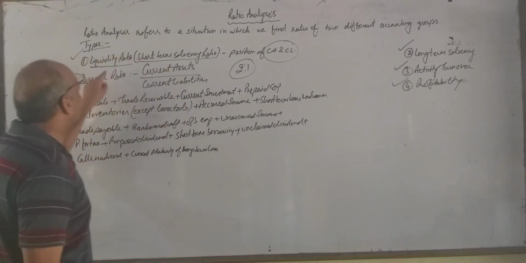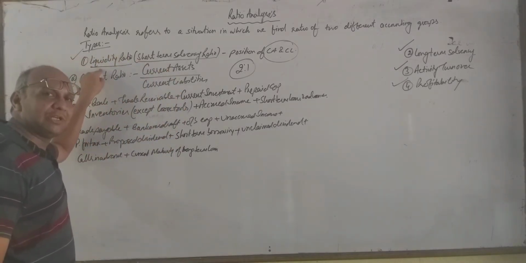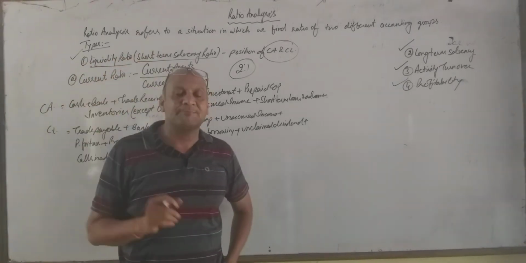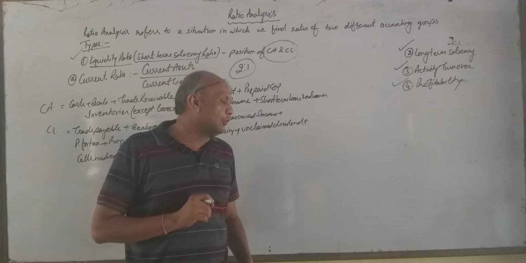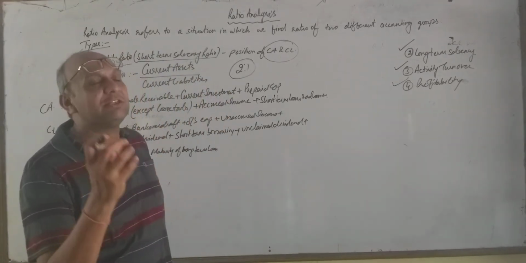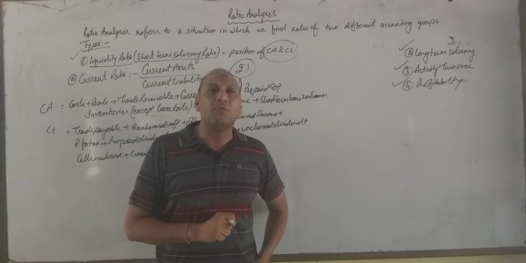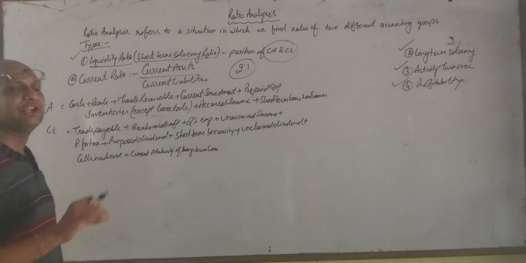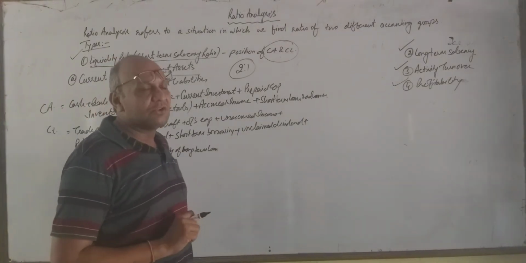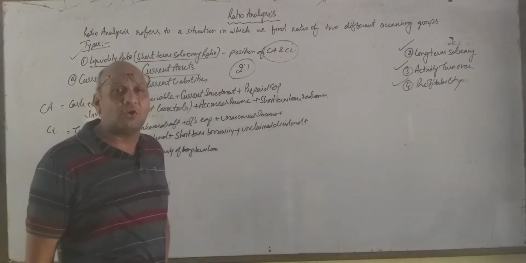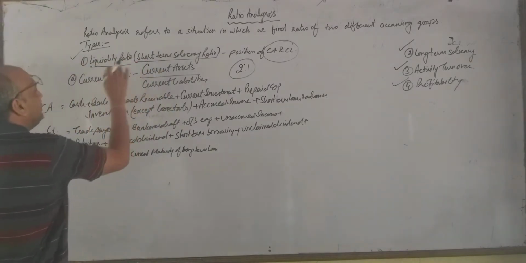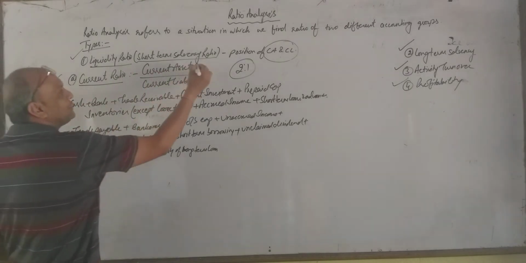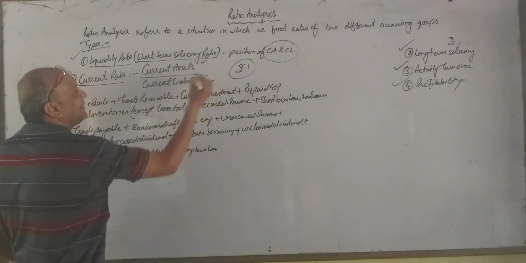That's why liquidity ratios are calculated. Liquidity is a very important factor for each and every business. If our liquidity is not good, it means if our cash position, bank balance position is not good, we won't be able to pay all our current liabilities within time, and it will spoil our image in the market. So this ratio will tell us what is the position of our company. So in liquidity ratio, the first ratio is current ratio. The formula for current ratio is current assets upon current liabilities.